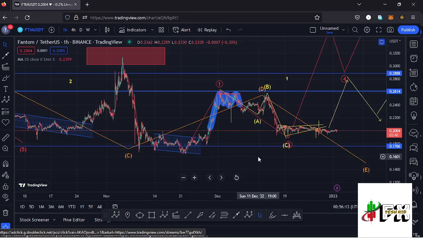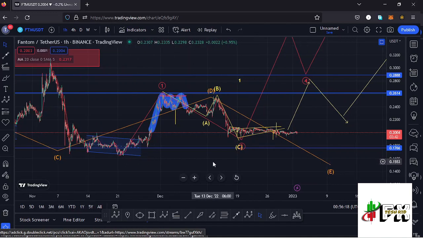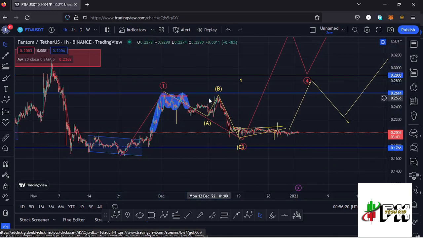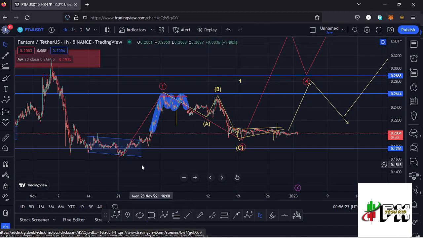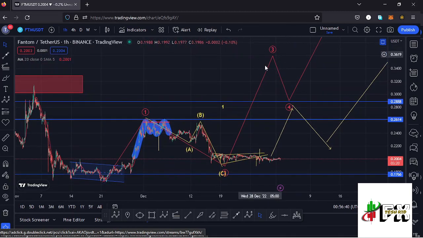Here on the 1-hour chart, you can see that after making our low at around the $0.16 mark, we started a very nice bounce to the upside, which has been obeying the Elliott wave structures, where we can term this movement to the upside as a higher Elliott wave count 1 to the upside. Then we saw this ABC corrective structure completing the formation of this second wave. And now my primary scenario is that very soon we might start the movement to the upside in the formation of this higher Elliott wave count 3.